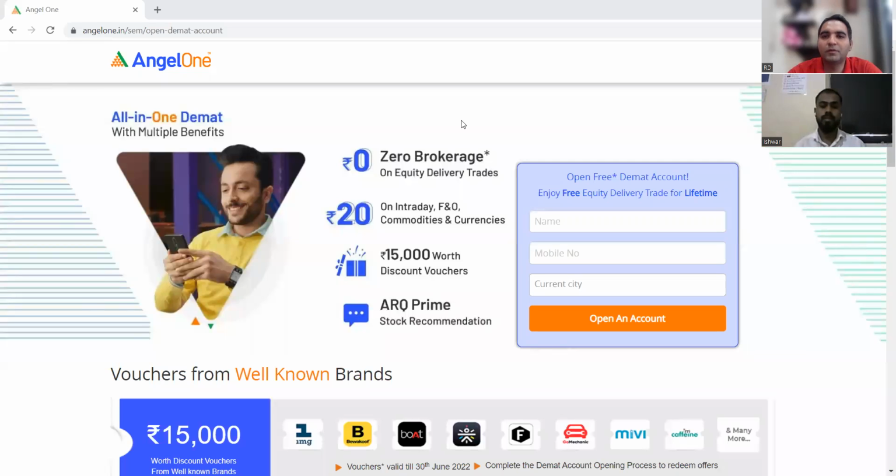Now, consider there is a website, Angel One. Let me share my screen. Are you able to see my screen? Yes. Okay. So this is the Angel One website. In this, basically, people are creating their Demat accounts, and the domain is investment banking, right? They will purchase stocks, they will sell stocks, they will do intraday activities and all those things. I saw your CV. You are working on an investment banking domain project, right?